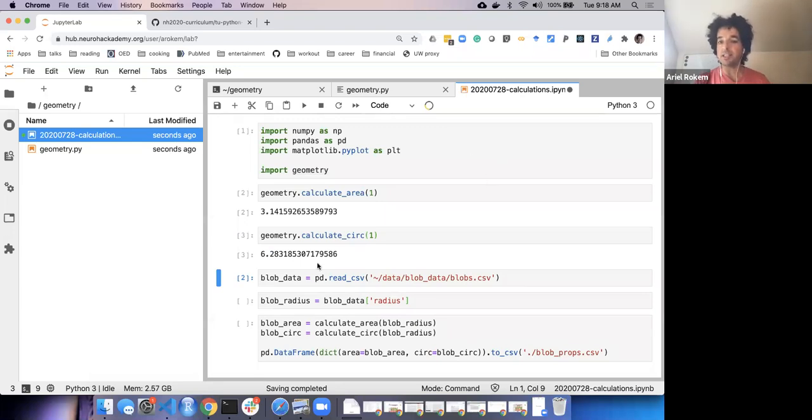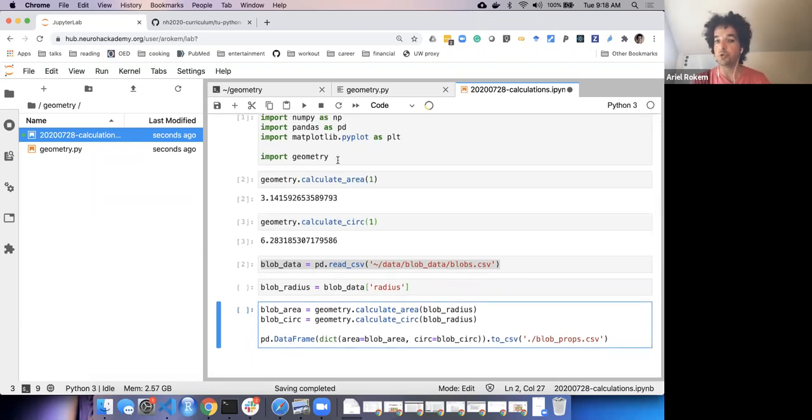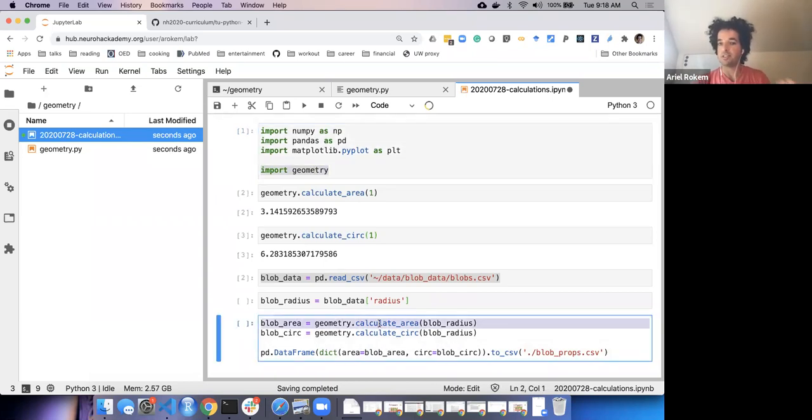So the nice thing about this, that then the code down here, so I need to replace this by geometry.calculate area and geometry.calculate circ to use this code. So now the code has become much simpler because the function definitions have been moved to somewhere else. This has two benefits. A, this becomes simpler because the semantics of the code are now simplified to say what we're doing